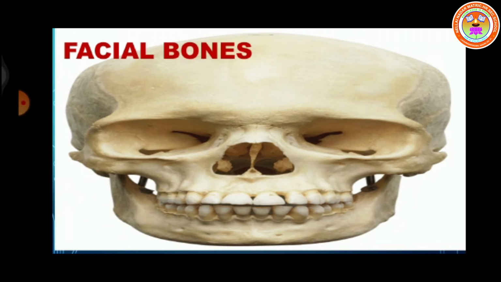The only bone which has a movable joint is the lower jaw. You know that there is an upper jaw and a lower jaw. The upper jaw we cannot move, only the lower jaw can move. Got it? This is about the skull. It protects important organs in our body, that is the brain, eyes, etc.